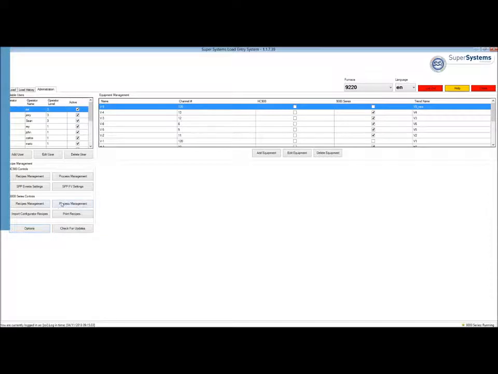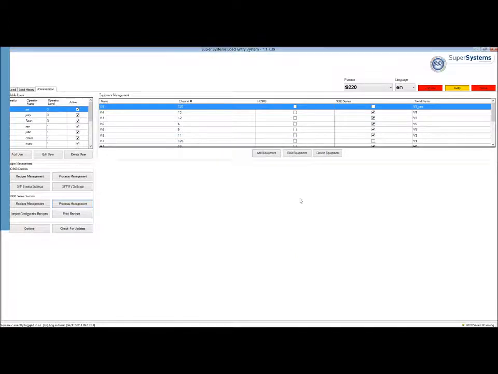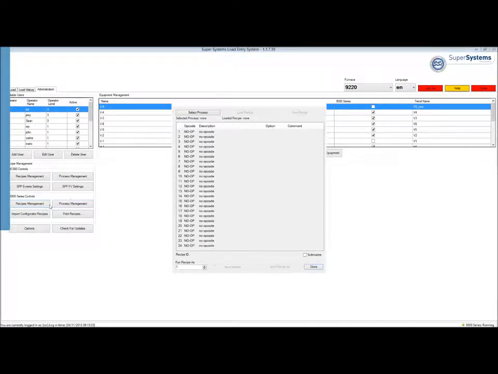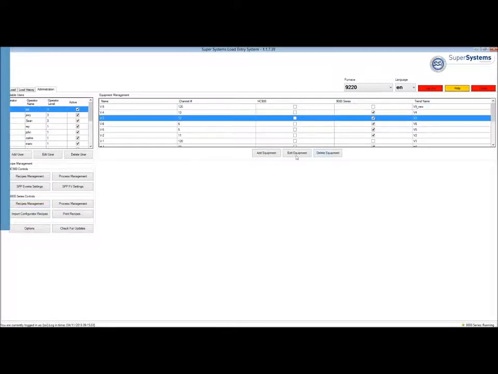Now, when we talk about the recipes, we have an opportunity to define a number of processes, and those processes are an opportunity where you would define recipes associated to those processes, and then you assign those processes to a specific furnace or group of furnaces. So, for example, when we go through and define these things, of course, you have your recipes themselves that would be defined here, and then with equipment, let's just take